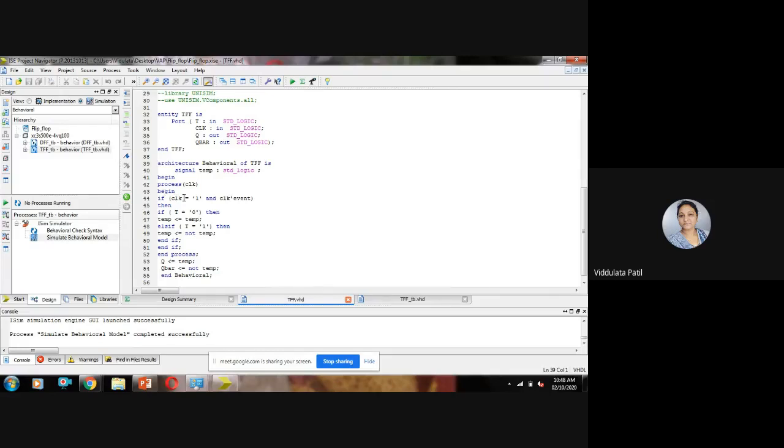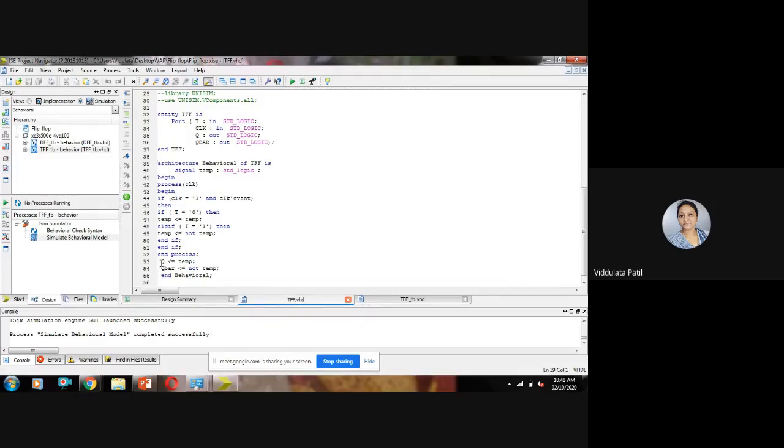And if clock becomes equal to 1, then if t is equal to 0, temp is assigned the value temp. Else if t is equal to 1, temp is not of temp. That means whatever is the earlier value.